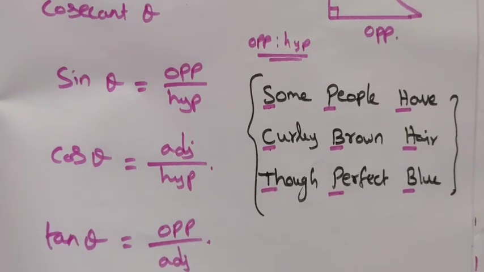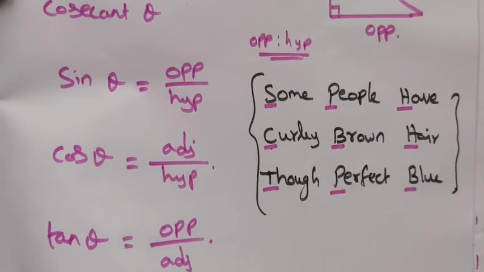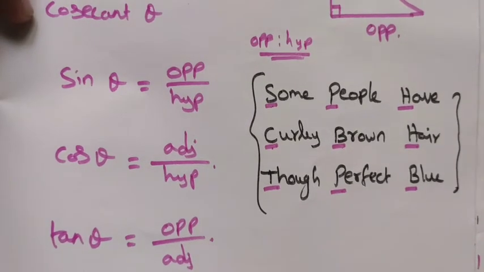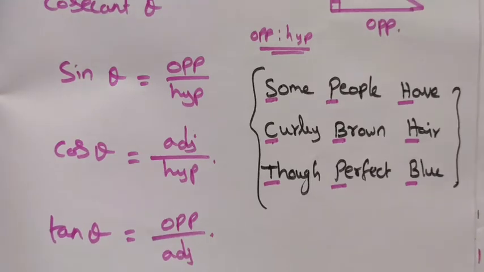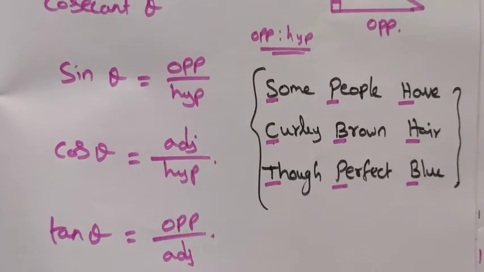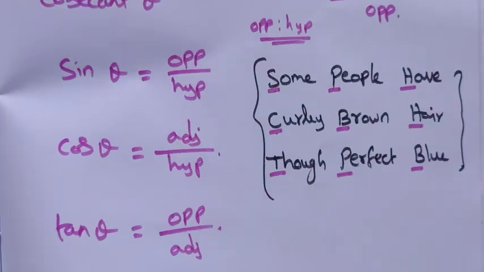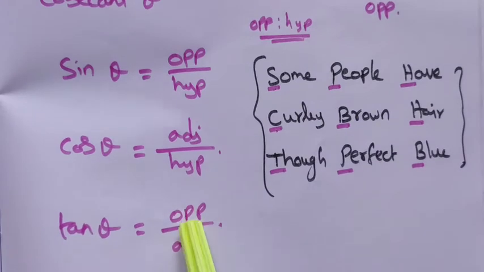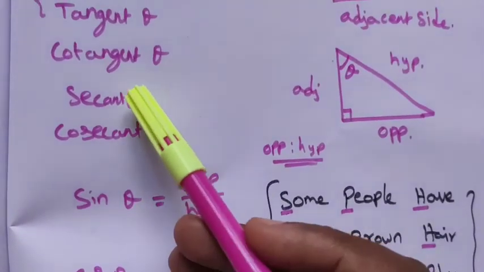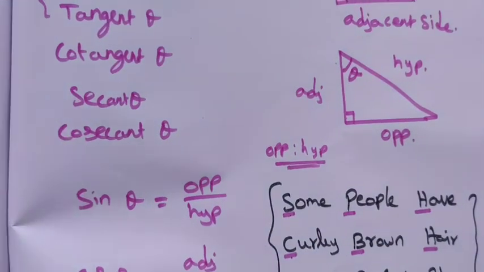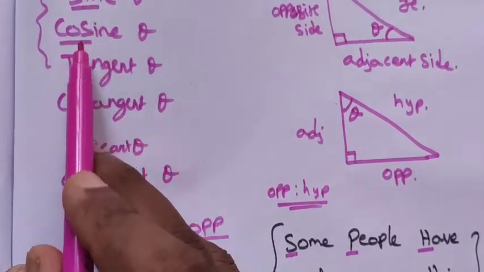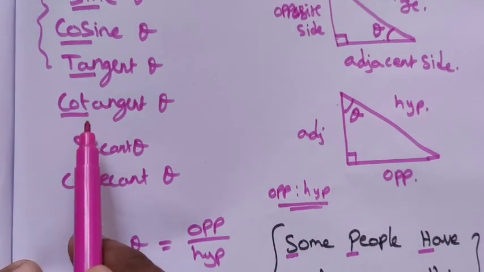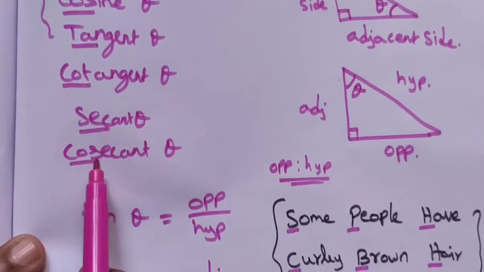The ratios. Otherwise, if you go to the proof, we can find the ratios by using the proof. We have the proof to find out the ratios, right? Such a mathematical method, we have the proof of the ratios. These three are the basic ratios. If you know these three, we can write the remaining three ratios, that is cot, secant and cosecant, right? These are the co-partners: sine, cosine, tangent, cotangent, secant, cosecant.